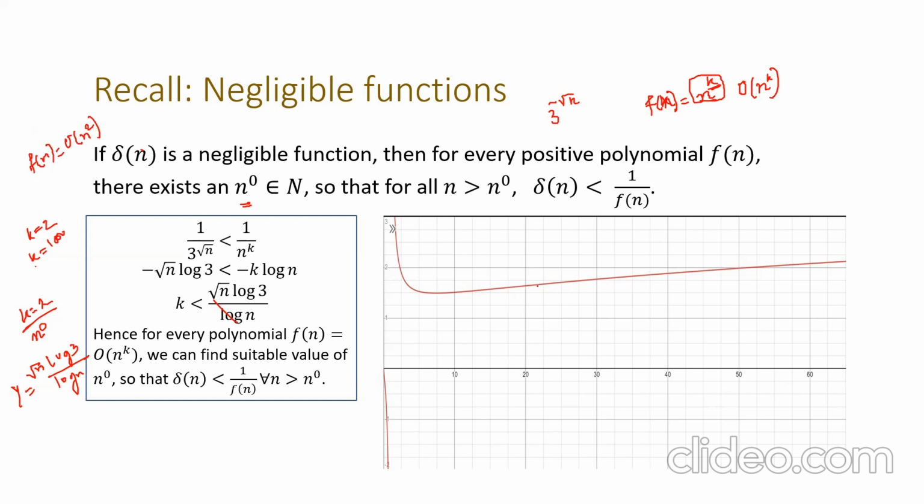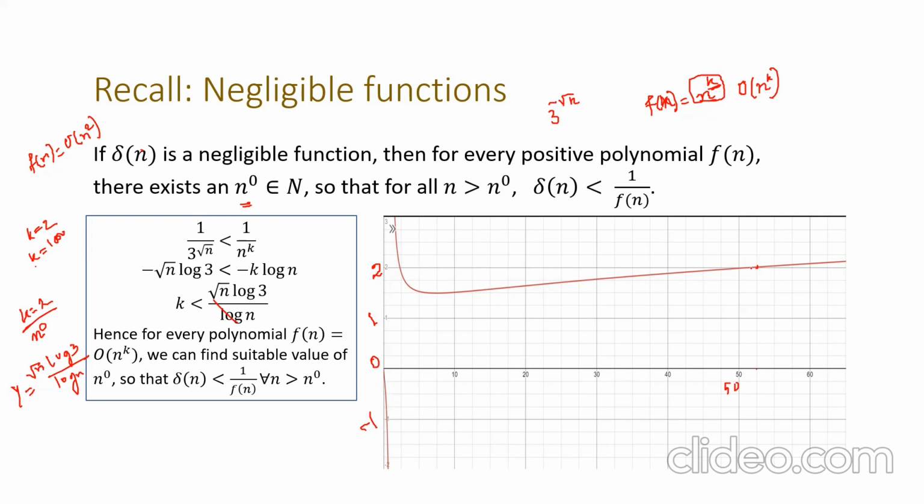So just to show that there is always such a value possible such that root n log 3 by log n is greater than 2. In the graph, you can see this is the value 2 on the y-axis. I don't know if it is visible or not. This is value 1, this is 0, minus 1. This is the y-axis. And here it is 50, and you can see that maybe around 52 on this x-axis,